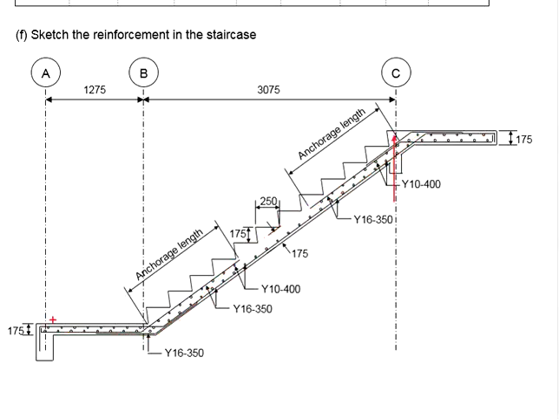Since the supports of the staircase are here, that means the staircase is subjected to bending in the longitudinal direction. There are no supports for the sideway. That means you are going to expect there will be no moment to be taken in the transverse direction. Now the main reinforcement will be Y16 350, whereas the transverse reinforcement will be Y10 400. You may apply this